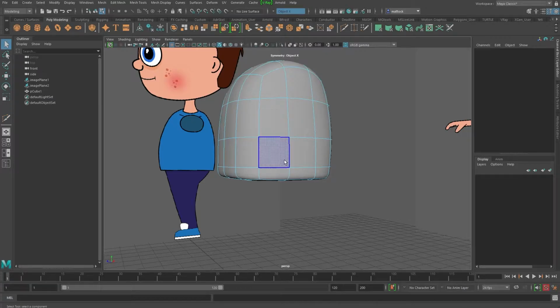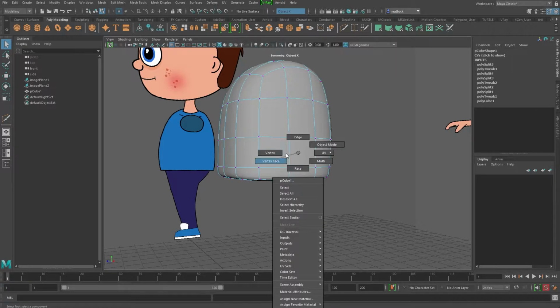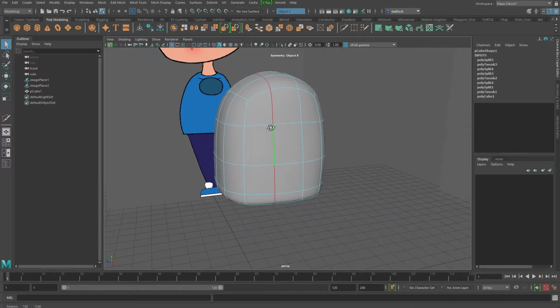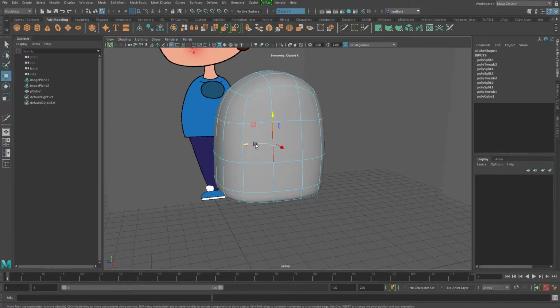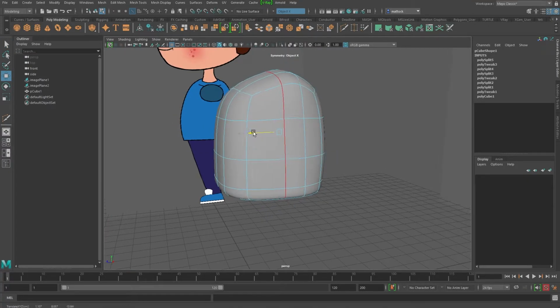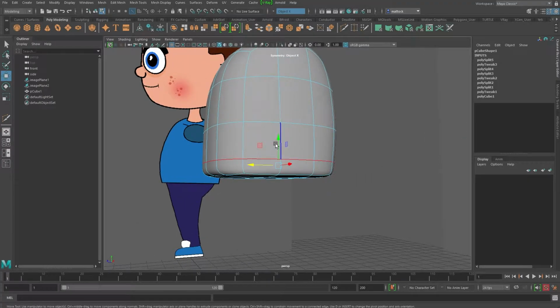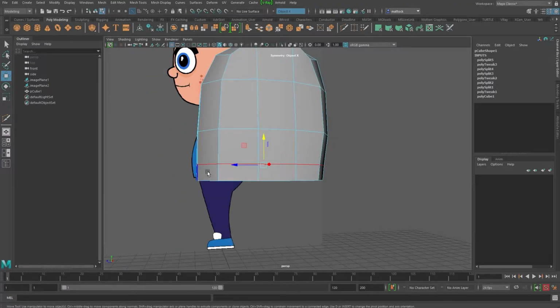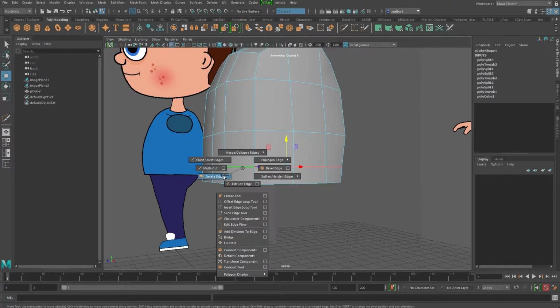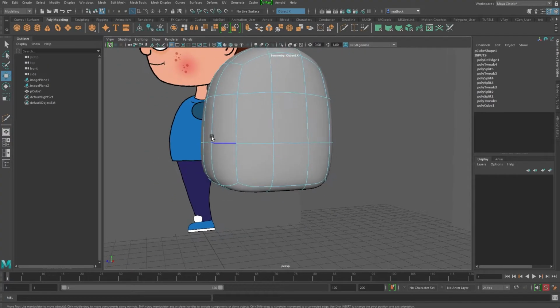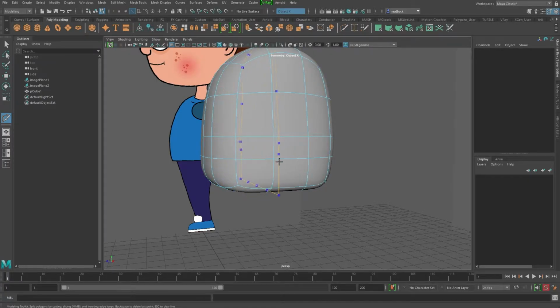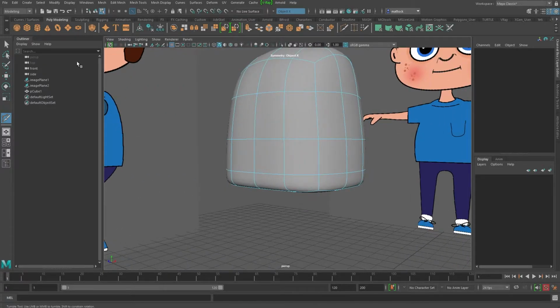The way this works is if we go to edge here, you can work in either vertices, you can work in edge. And if I double click, you get the whole edge loop. If I just click 1, you just get this. If I double click again, you get the whole edge loop. As you can see, the way this works is the further away it is, the more of a curve you'll get. So if we delete this, if I right click, delete edge, and go to 3, you've got this nice curve in here. If I add in an edge loop, say up here, you're not going to get much of a curve. If I add it down here, you're going to get more of a crease. So this is the way it works. You'll just get used to that as you go along.